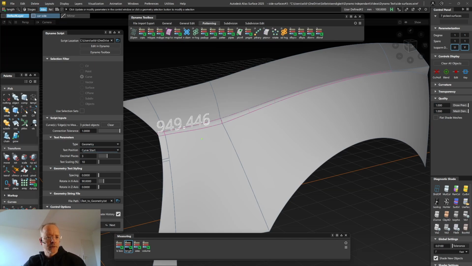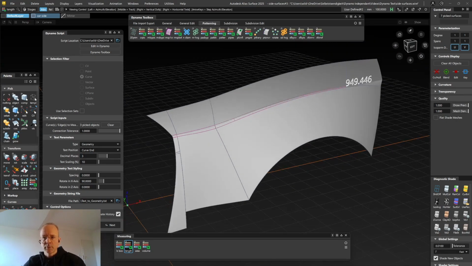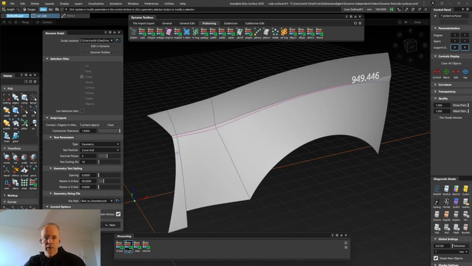Next option is that you can put your text position at the curve start. You can also display it in the middle or the end. And this way you can have it where you need it. For example, if you want to extend the surfaces to have a total length, this way you can control the display to be there where you need to be able to see it once it updates. You can have different amount of decimal places behind the period, right? So you can have up to 6 if you want to, or just 1,